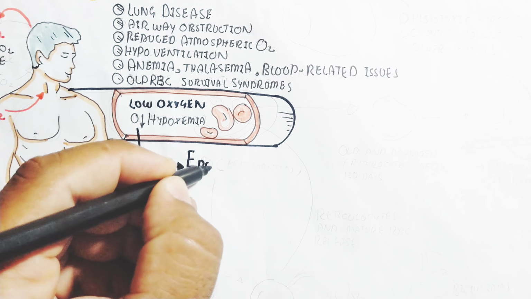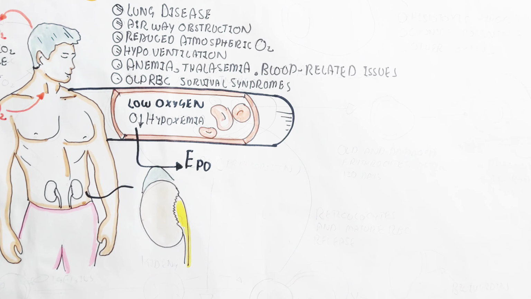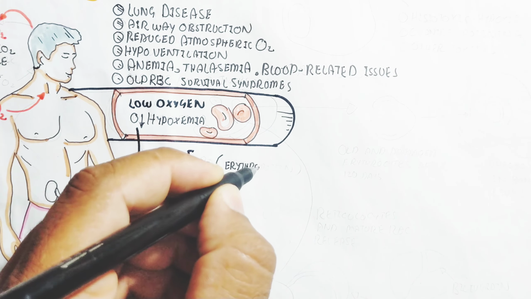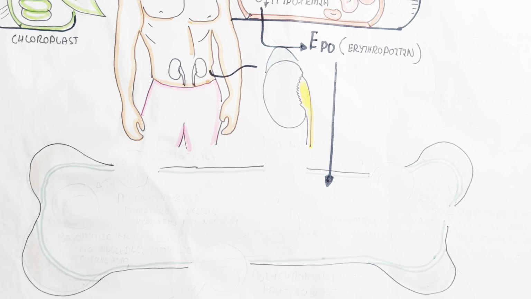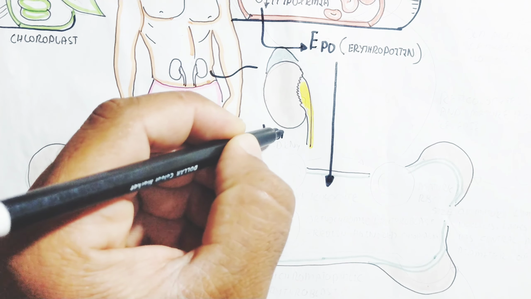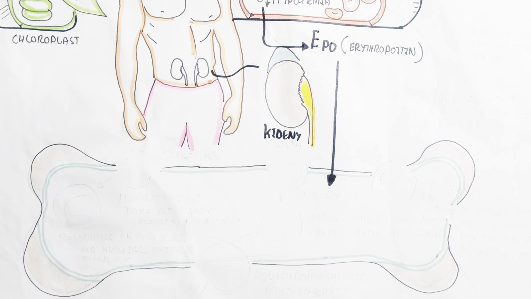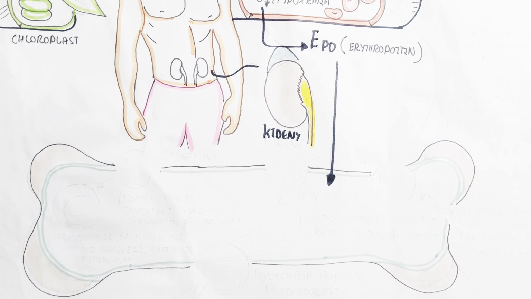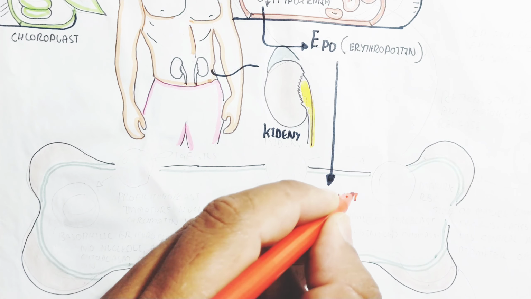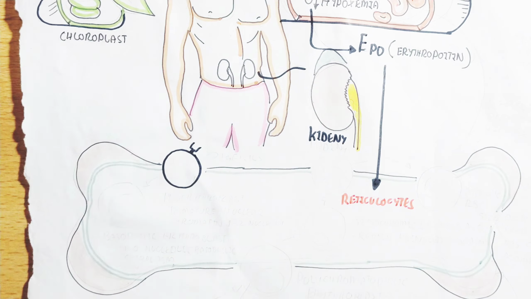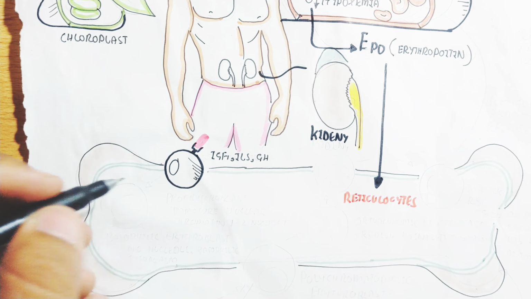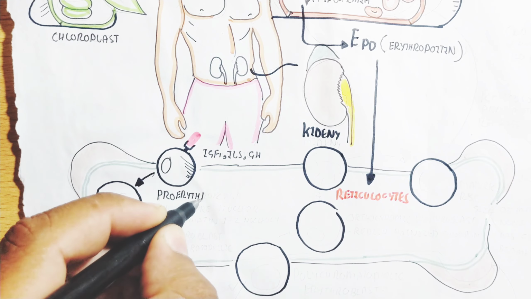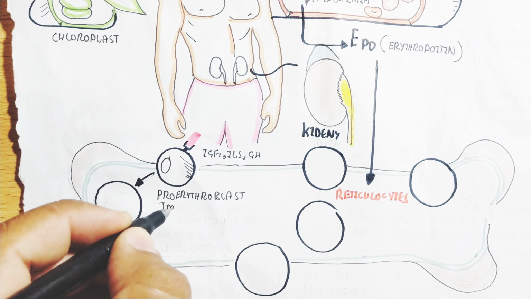Here is the adrenal gland, which responds to the sensation of hypoxemia in your blood, and in the cell, hypoxia leads to the production of EPO, the erythropoietin protein. This erythropoietin protein produced from the gland will target the reticulocytes. But before that, we will understand the formation of the reticulocyte and the mature RBC.